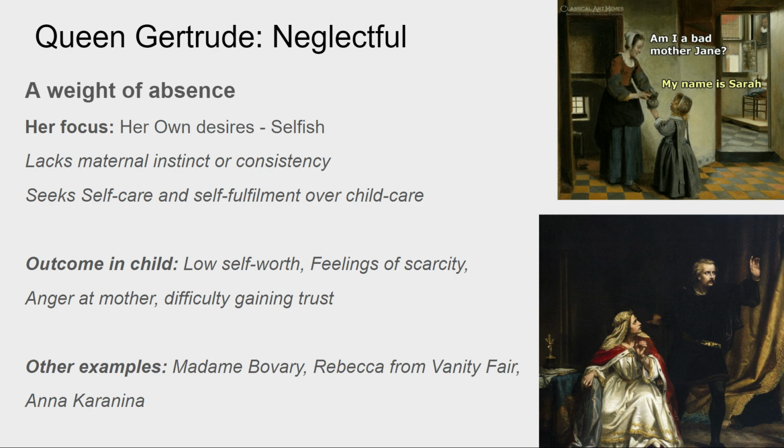and didn't seem to think about Hamlet and what he would think about this, because Hamlet loved his father and really looked up to him, and we see in the scene that I'm going to show that he is really angry that his mother would go off and marry this guy so quickly and not seem to consider his feelings or what he would think about it, and he saw her as a very selfish person. And he makes that very clear, that she did not have her eyes open to the impact this would have on other people. And so this is the neglectful and selfish mother